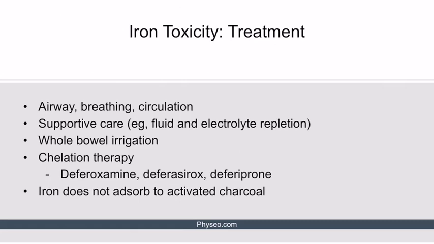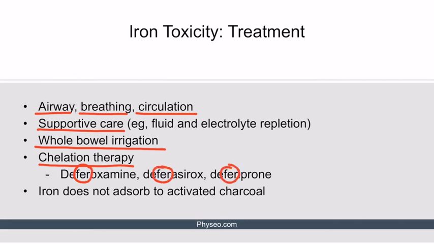Treatment for acute iron poisoning begins by addressing airway, breathing, and circulation. Supportive care must be provided to address fluid, electrolyte, or blood loss that can occur with ingestion of toxic amounts of iron. Now, other useful treatments include whole bowel irrigation and chelation therapy with agents like deferoxamine, deferasirox, or deferiprone. Note the Fer part in the name of all three of these drugs. Generally speaking, all iron chelators will have Fer somewhere in their name to help you recognize them as iron chelators